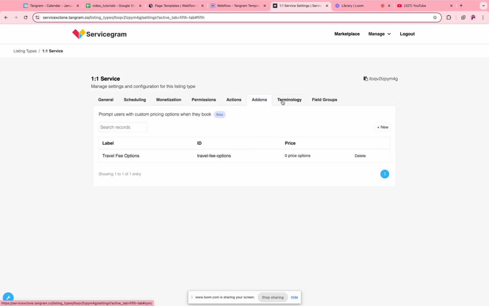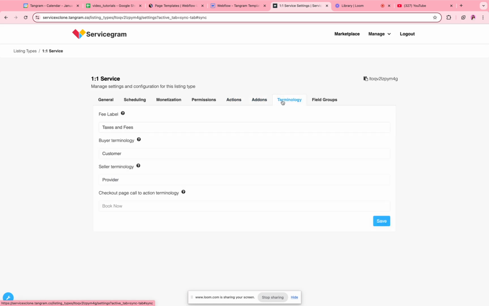We'll probably have an advanced video for if you have add-ons enabled on your platform. Terminology, best practice to just put the buyer and seller terminology here and the call to action terminology you want. Like if it's a service, it would probably be book now. The buyer might be the client, the seller might be the service provider or provider, but you can name them